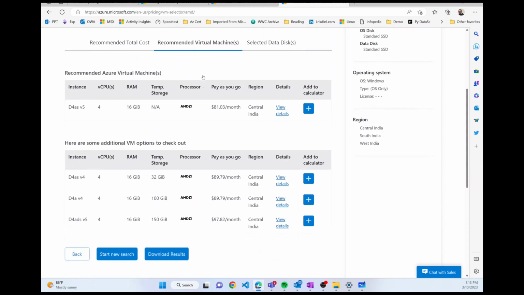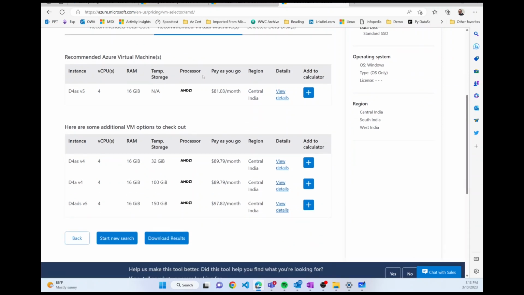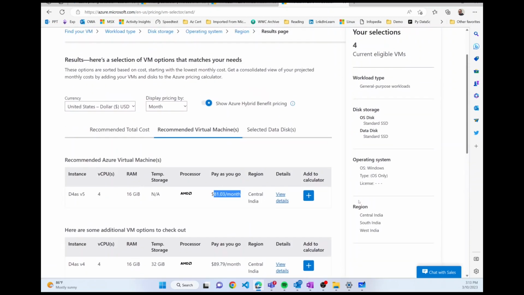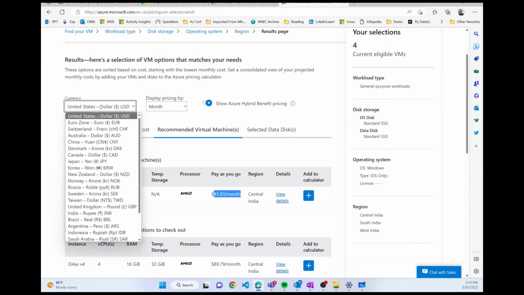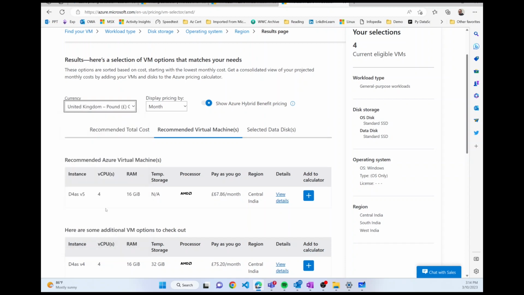And recommended virtual machines are different types of virtual machines. You can see that the lowest one is selected by default and recommended for you, but you do have other virtual machine types which can be costlier, but are also available to you. Now your choice is limited only to 4 types of virtual machine. Life is very simple. Okay. You can even choose to, let's say, select a different currency like GBP, if I want to know the price in pounds. My bill happens in pounds. So I choose that, and